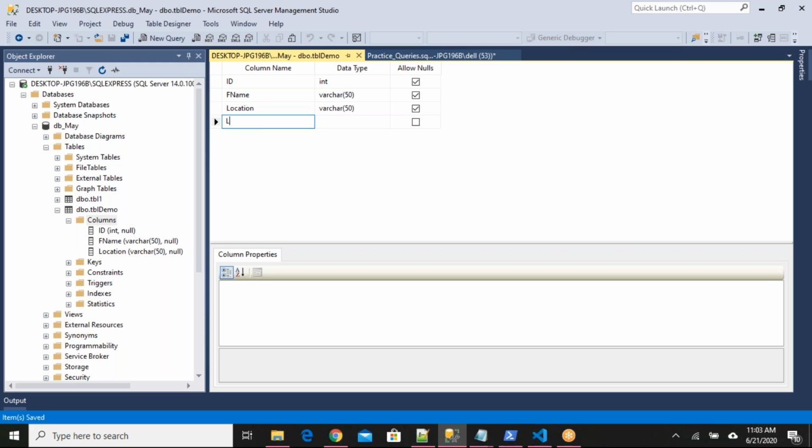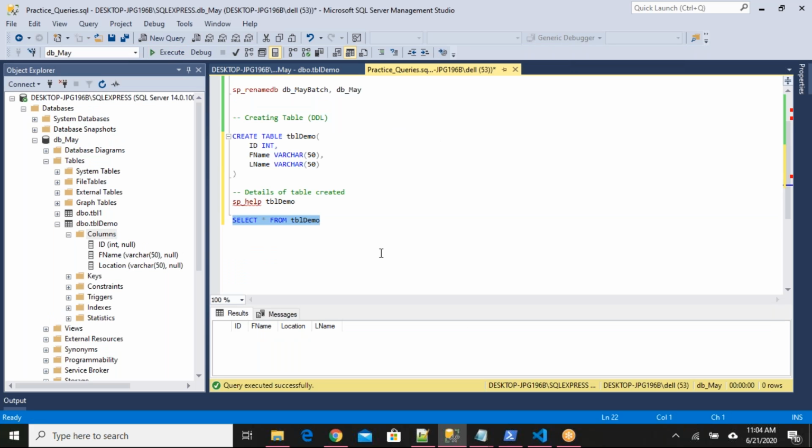Let's create a new column. Name of 50. Save. Then it is saved. If I run this, I get a new column here. Okay. In varchar, can we use chars as well as numbers? Yes, anything we can store. It is just like your string variable in your program. In a string data type variable, you can store anything, right? Like numbers, special characters, anything we can store, right? In the same way, we can store anything for varchar also.